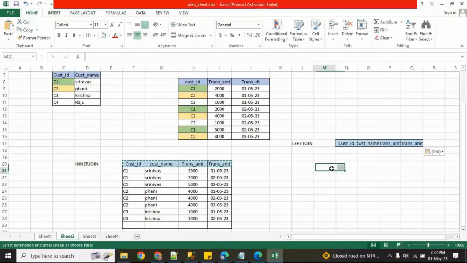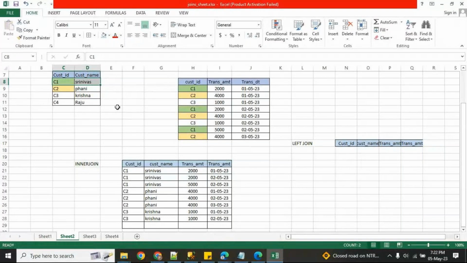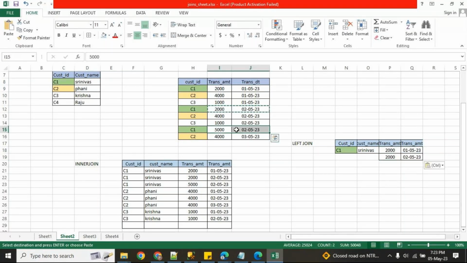First C1. How many times is it matched? Three times. So you will get this record and this record, because C1 is matched three times. Now C2 is also matched three times, so he has done three transactions.